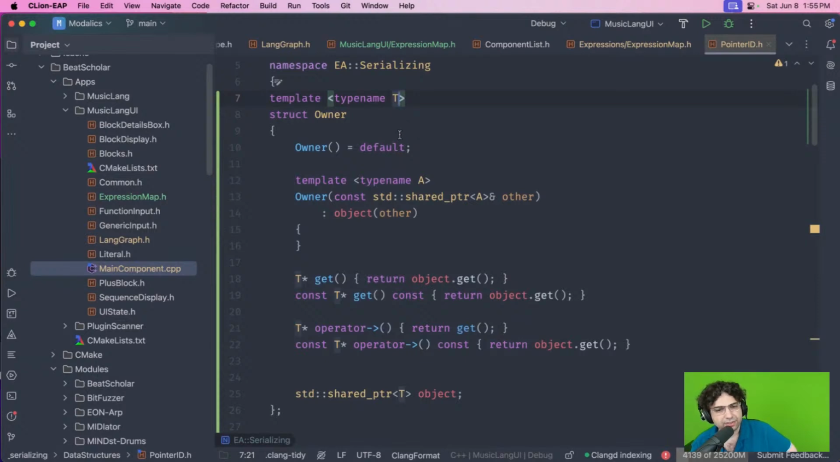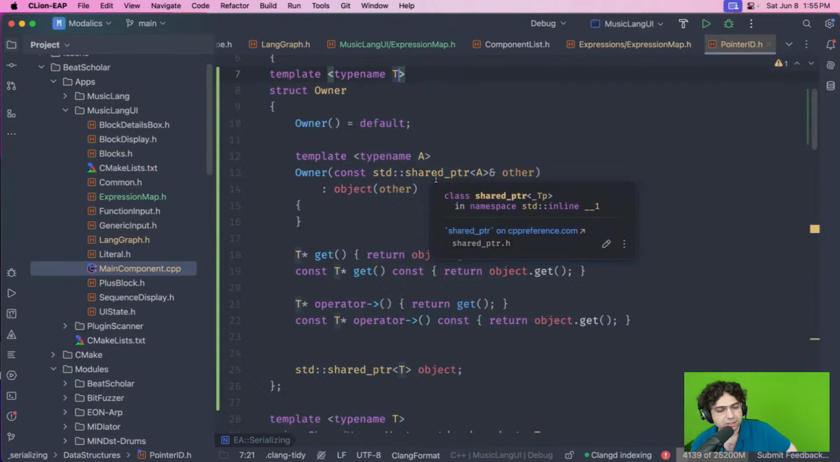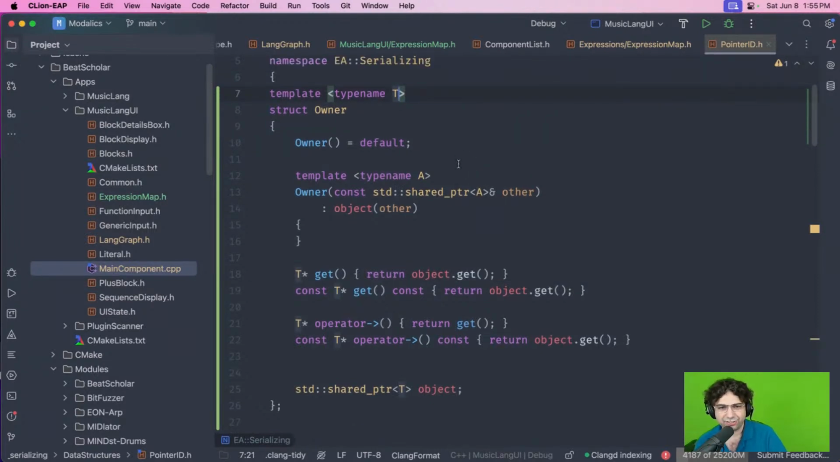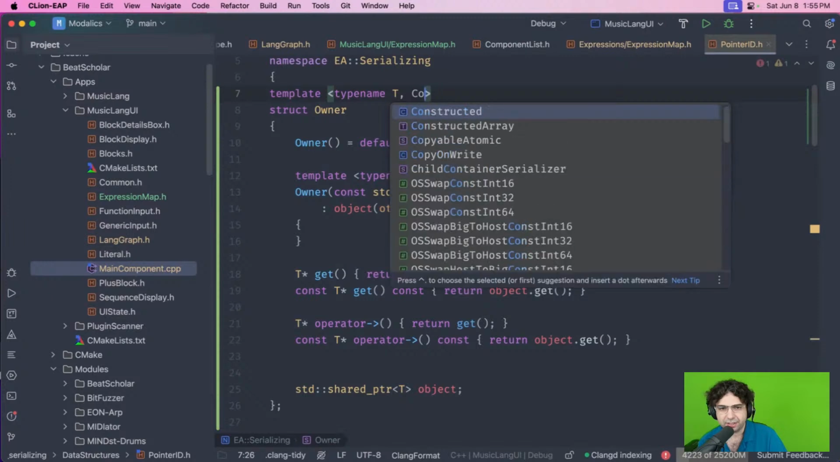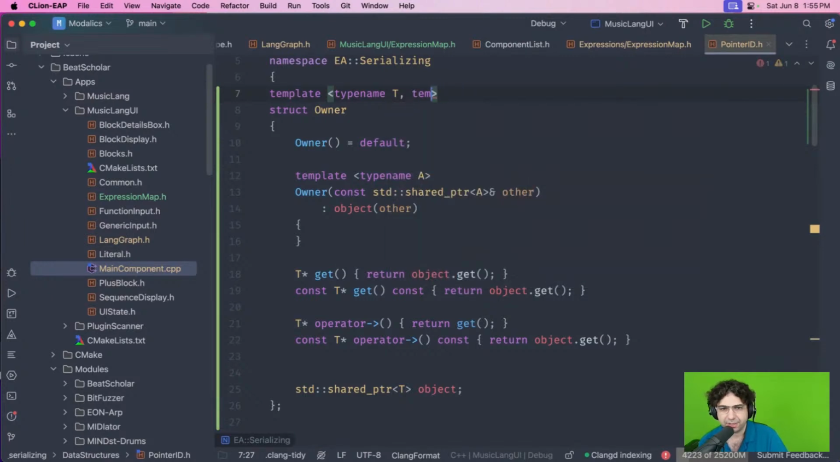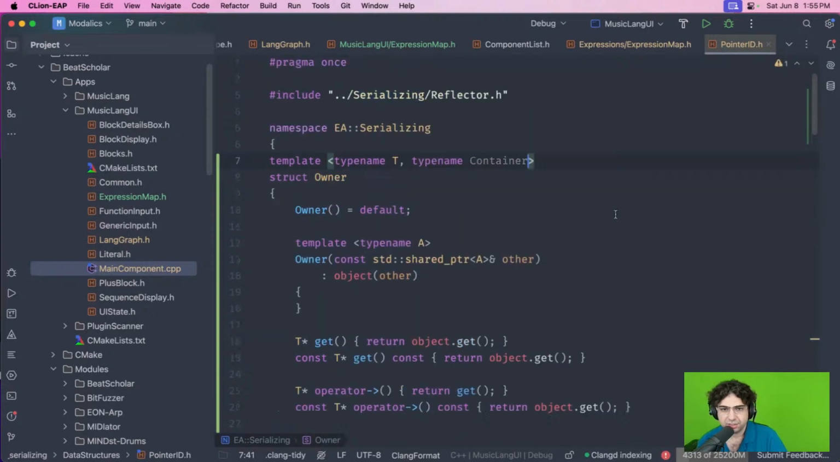Yeah, I guess I can do that, right? Let's do it just for the sake of the intellectual thing. Maybe it's gonna just work. So this is gonna be a type name container. And probably the default container is just gonna be a vector of